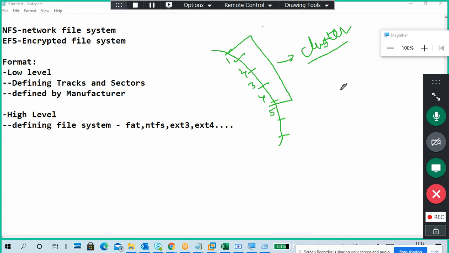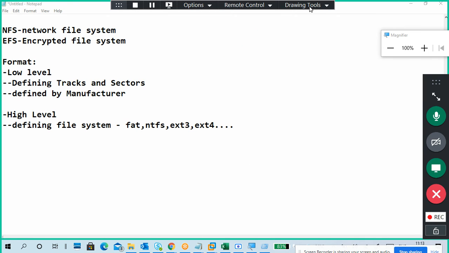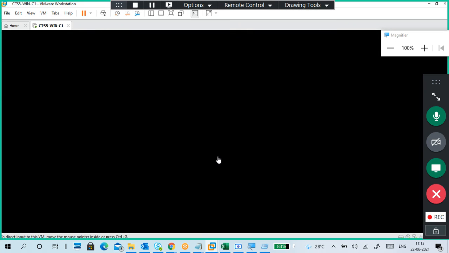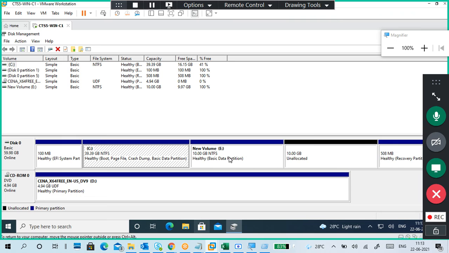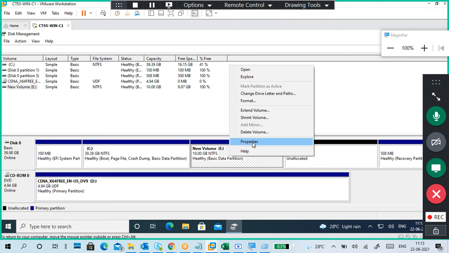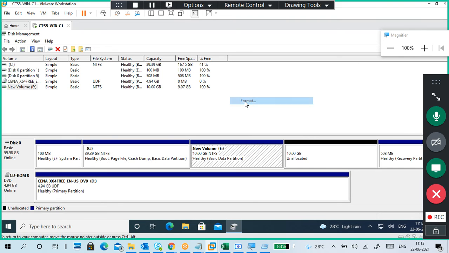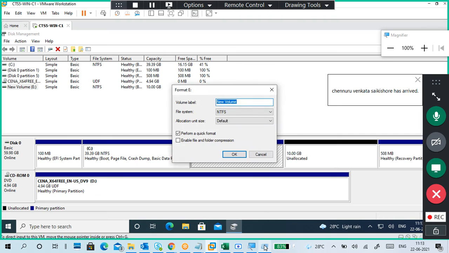Remember this one. What is this? Cluster, a combination of sectors. Normally, if you go to a disk and click on format, what happens?